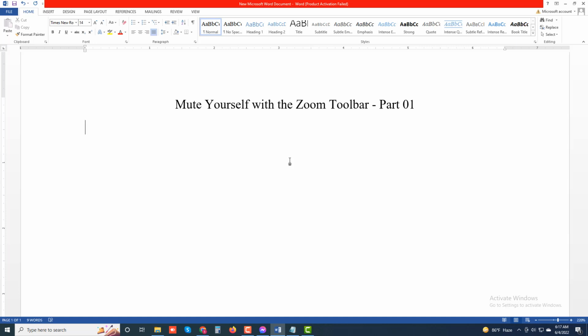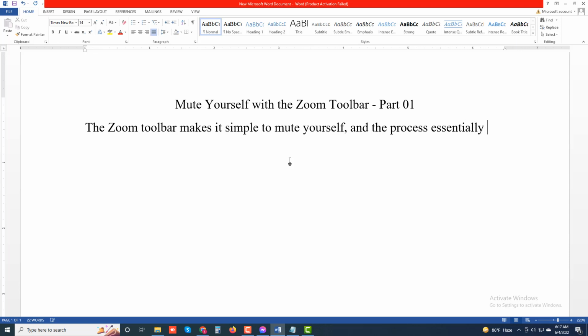The Zoom Toolbar makes it simple to mute yourself. And the process is essentially the same